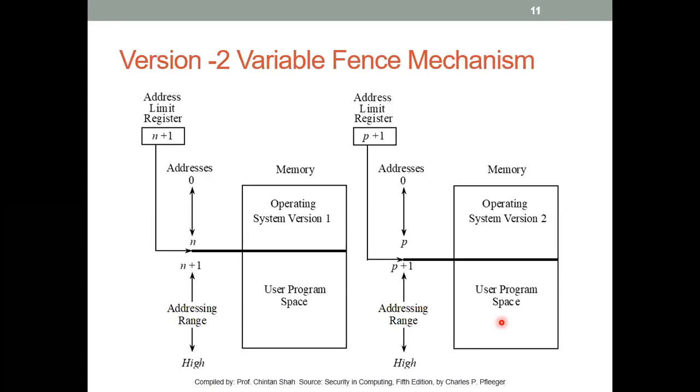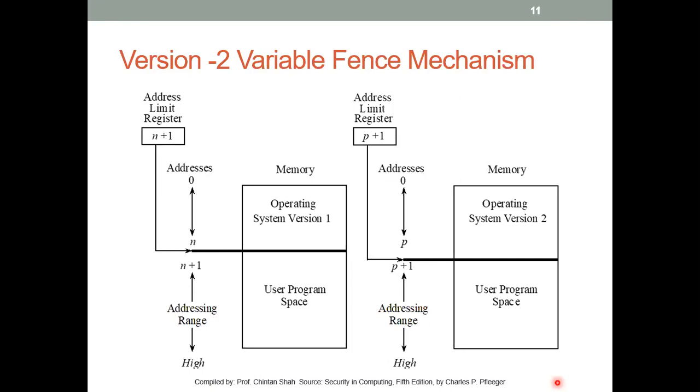And to run it successfully, it will have to have that much amount of space in the memory. So here the OS will first check what is the space required for the OS, and depending on that, your address limit register will actually set that location. And if the OS comes to know that it is not going to have a requirement of further memory space, then it will allocate that amount of space into the user program space. So yes, the variable fence register, that is version 2, actually overcomes the problem of version 1,